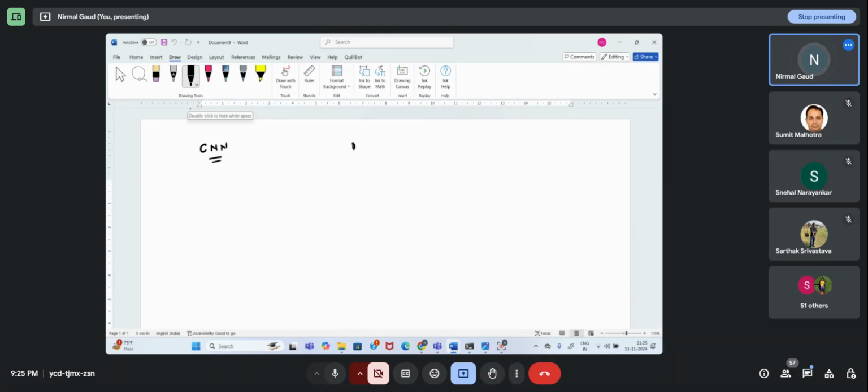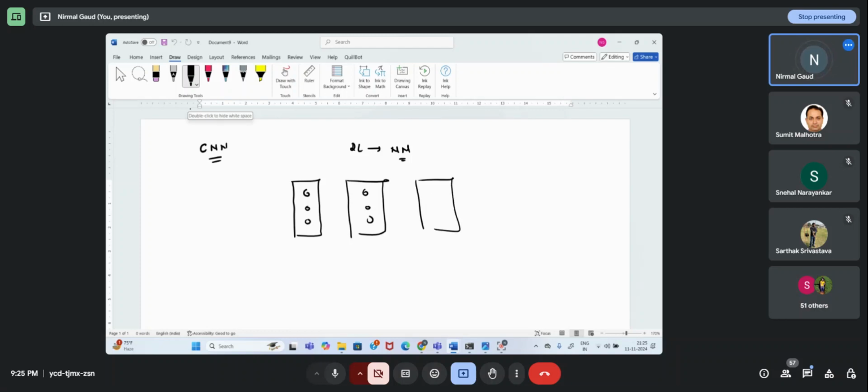In deep learning, you very well know about neural networks. Deep learning is based upon neural networks only. A neural network is an architecture where we have layers, and in the layers we have neurons.